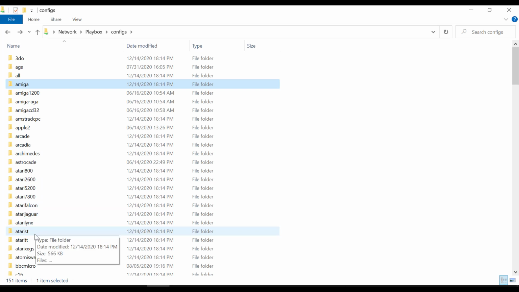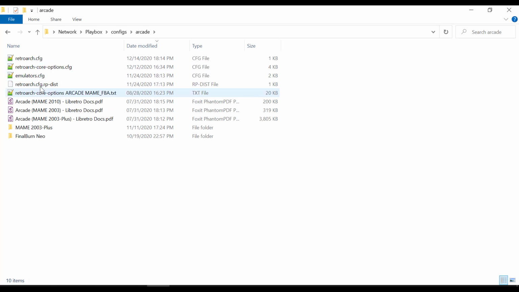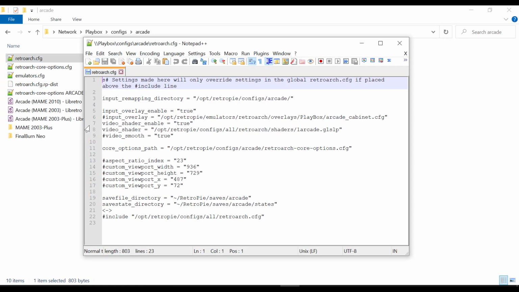Let's go to, actually, let's see the arcade. So I'm gonna open up again the Retroarch CPG, and you can see again we have the lines 13 to 17, and you see I have the pound sign in front of them. This is disabled because I didn't want this arcade cabinet to affect, because if you forget, and you see if you forget to put the pound sign on this specific,